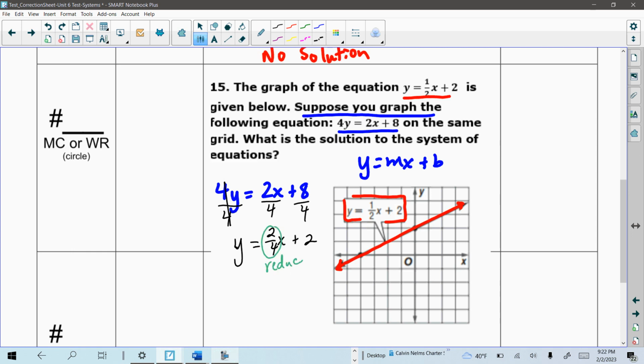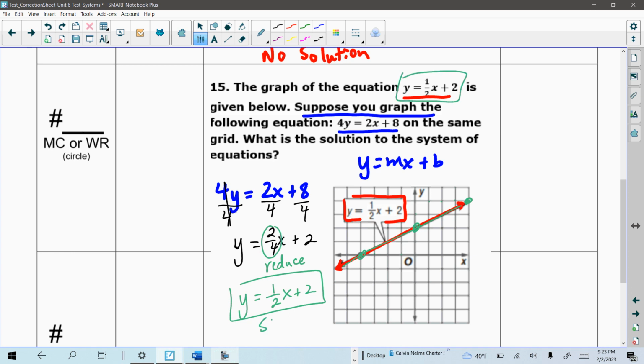Now, even if you didn't do that, let's say you went ahead and graphed the point. You started at 2 right here. You counted up 2, then over to the right, 1, 2, 3, 4. Or maybe you went down 2 and to the left, 1, 2, 3, 4. You would end up being on the same line. So if I reduce it, I would get y equals 1/2 x plus 2, which is the same equation that